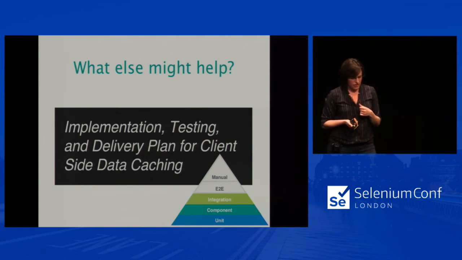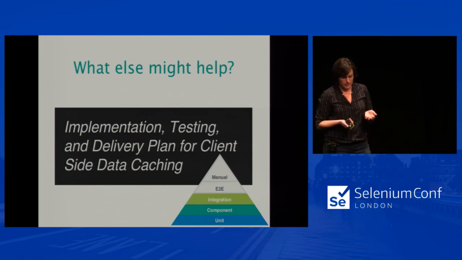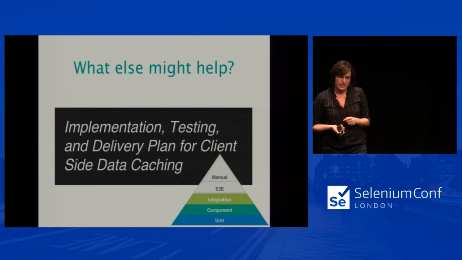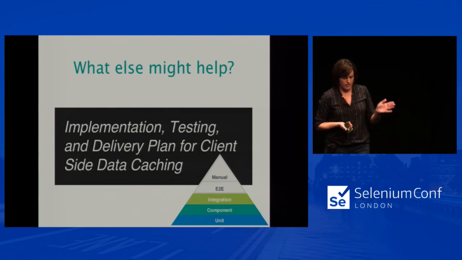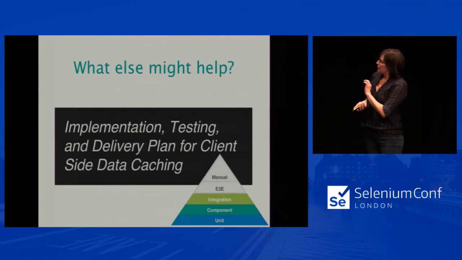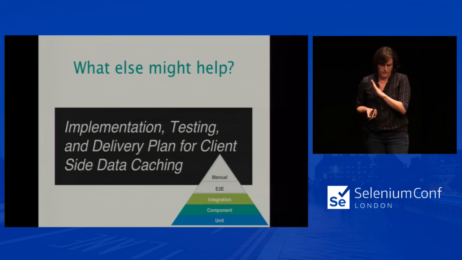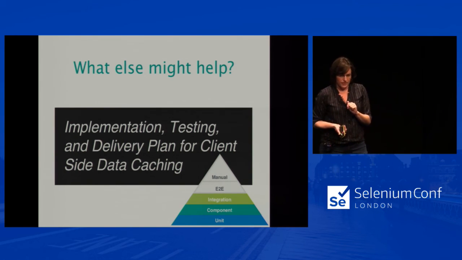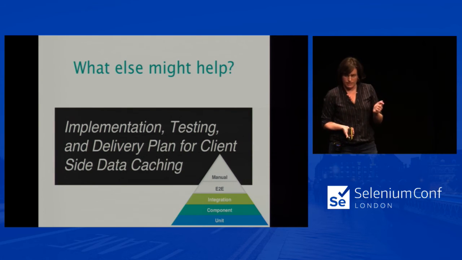We discussed that caching is always a good option, but we don't know what that would take to add to that front end at this point. So we'll use this milestone to investigate possible solutions and determine a concrete plan for our next milestones. And so for this investigation, we also really want to make sure that we're figuring out how we're going to do testing and a delivery plan for this client-side data caching, since we've never tested it before.